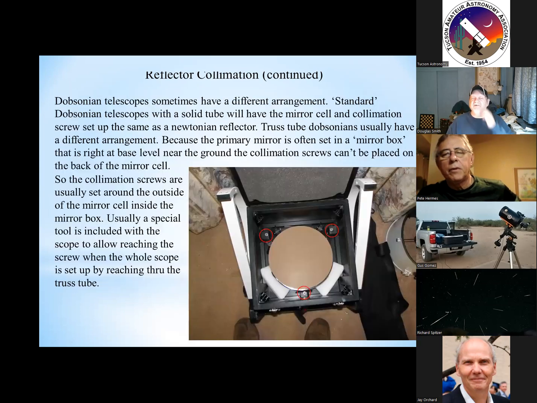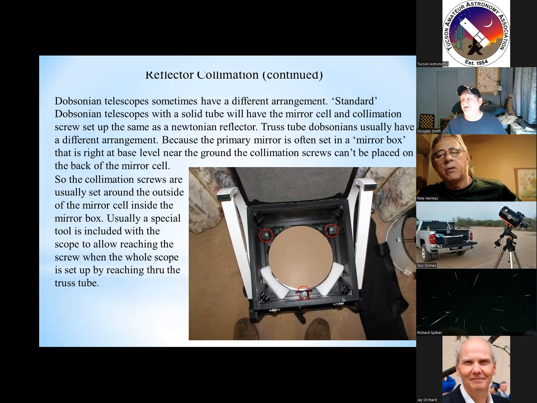Now, Dobsonians are a little bit different. A standard Dobsonian, which has a solid tube, for example, not a truss tube, will be just like a regular Newtonian or Cassegrain. You'll have the mirror cell at the back of the tube, and there'll be the 3 screws there to adjust the mirror. But truss tube Dobsonians are a bit different because a truss tube